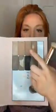Here's some other contour colors that I have. My palette's so messy, you guys. Don't look at me. These are warmer ones. I probably could use Stone or Olive today since I'm so tan. But now I'm going to use this one. This is Bella bronzer. It's a cream bronzer. You can definitely use the powder if you prefer, but I like the cream because, again, it just moves with your skin. And I'm just going to come up here and start kind of blending it into the contour line